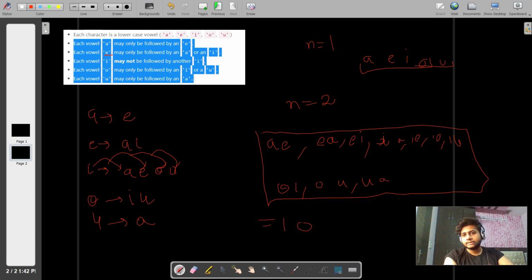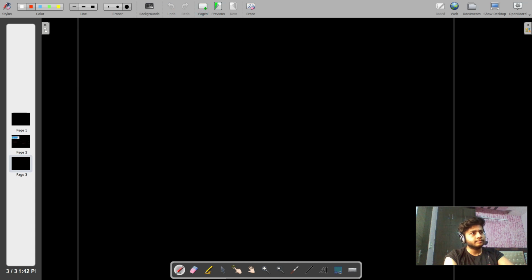So let's discuss the first approach. I already told you we will discuss two approaches. So what will be the first approach? Let's take n equals to 5, and the recursive tree will be formed. For n equals to 5, first we take the a.